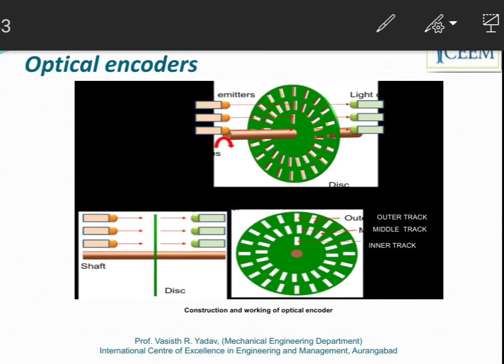So dear students, up till now we have studied some forms of sensors and transducers, and these sensors are nothing but the proximity sensors. We started with strain gauge, we studied potentiometer, then we moved to finally the optical sensor. We have to study some more types of sensors which we will study in the coming lectures.